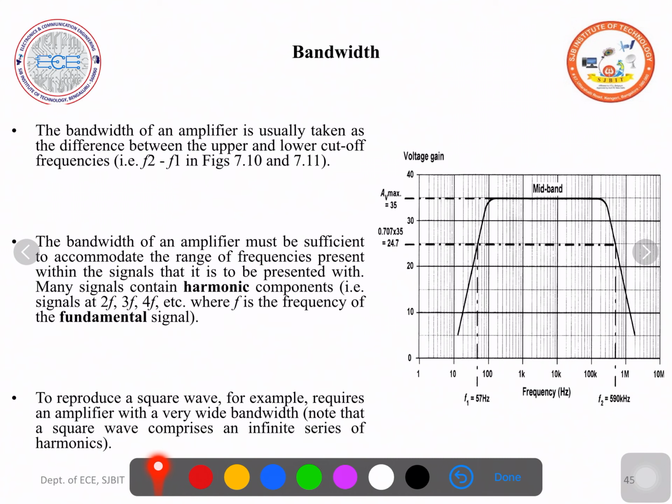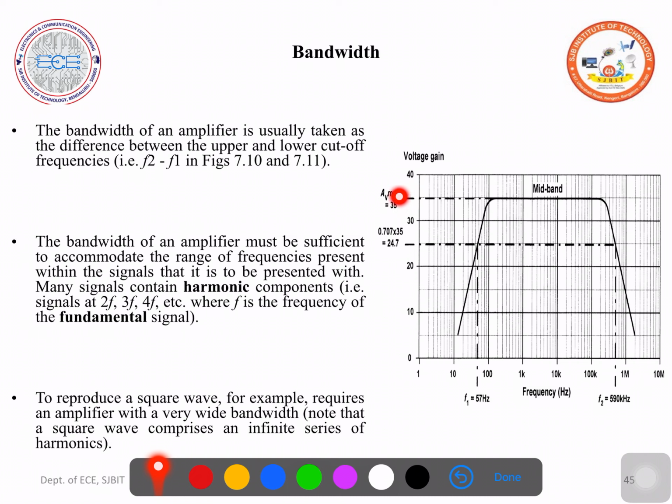In the earlier video we have discussed bandwidth. Now let us continue with the bandwidth. Bandwidth is nothing but the range of frequencies where the gain is almost constant. How do we find out this gain? For example, if this is the frequency response, on the x-axis we have taken the frequency, and on the y-axis the voltage gain. So this constant gain we call the mid-band voltage